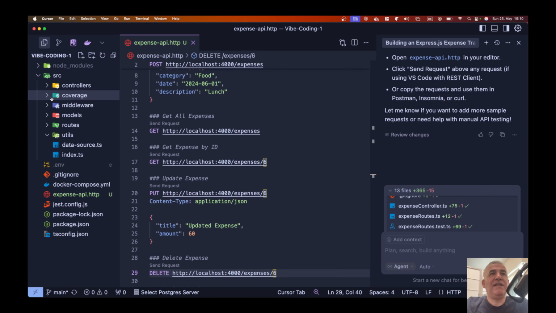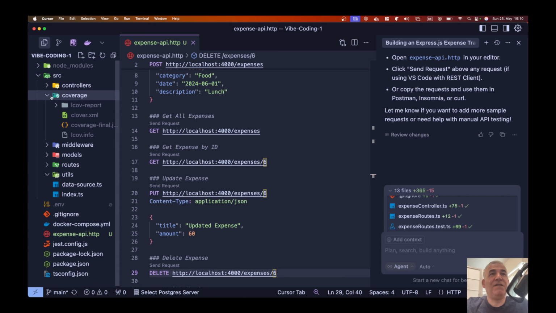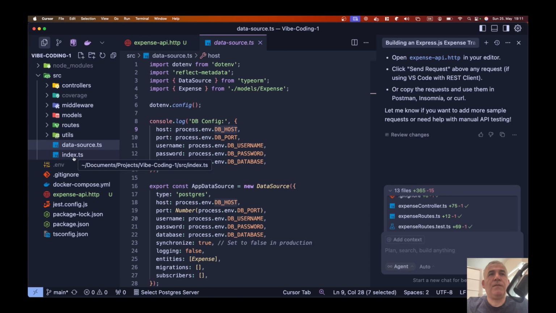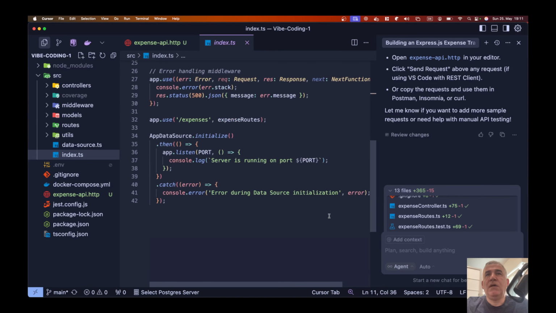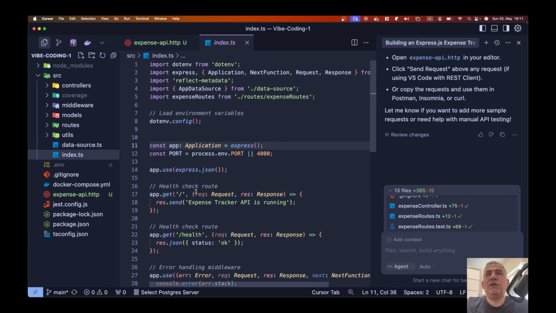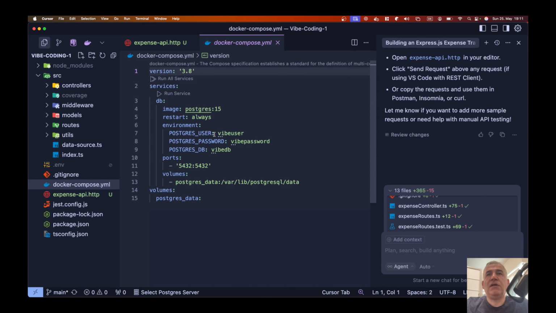Okay, it even made a test coverage XML file. It's interesting, I didn't see it before. It did not make any middleware. Okay, for everything it made a test. Data source also, index also. And okay, bring the routes. Everything is there. And now let's check